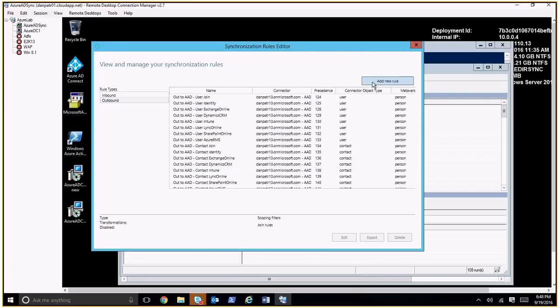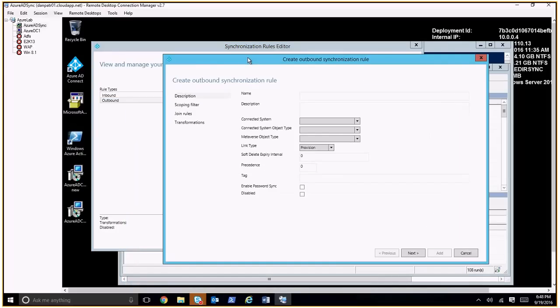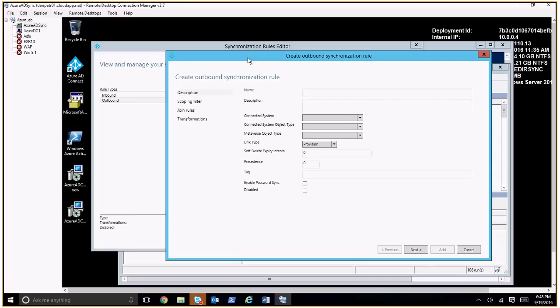So in this case, I will go on the outbound, as I told you right when we started to talk about synchronization rules, that if we want to apply a transformation rule, then please apply it on the outbound connector. And we will name it, okay,